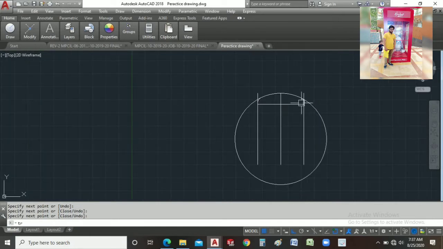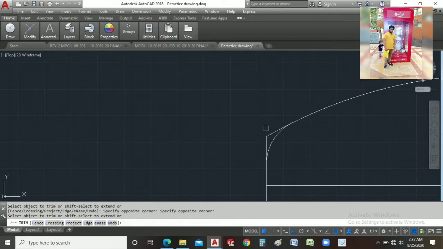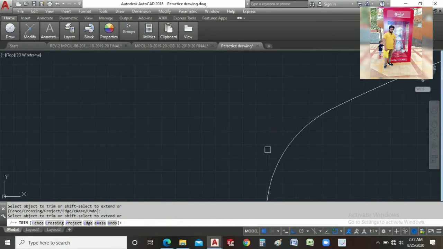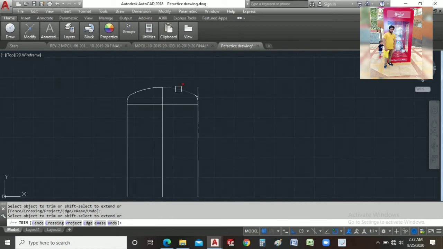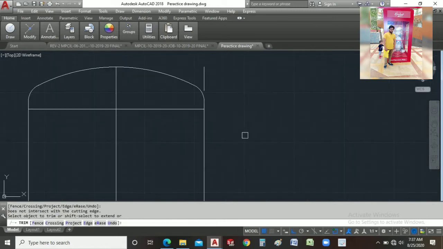Let's use the trim command. Trim this part, this part, this part. Just trim these kinds of parts.